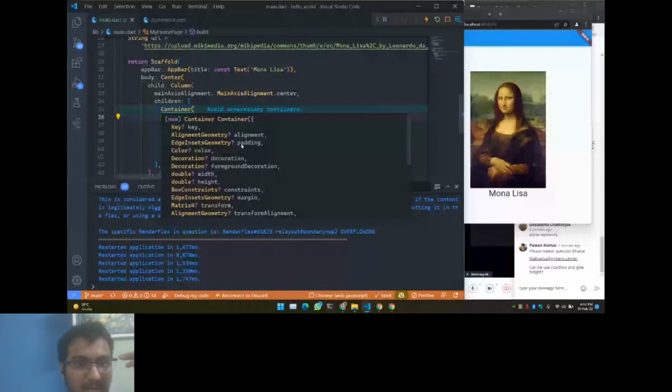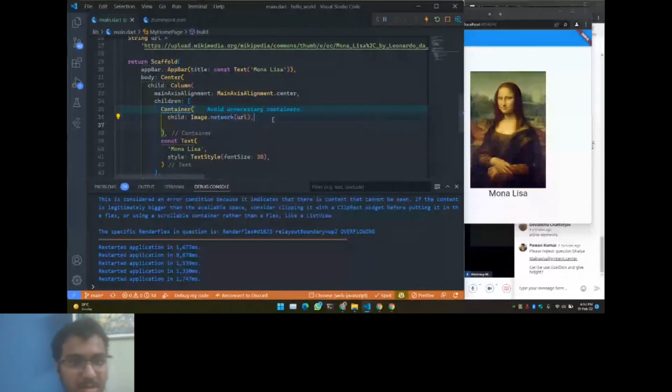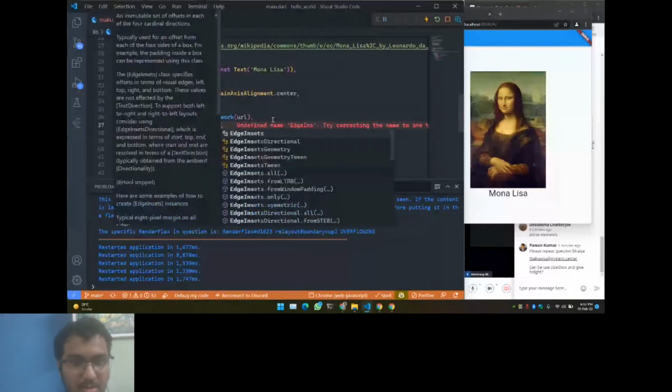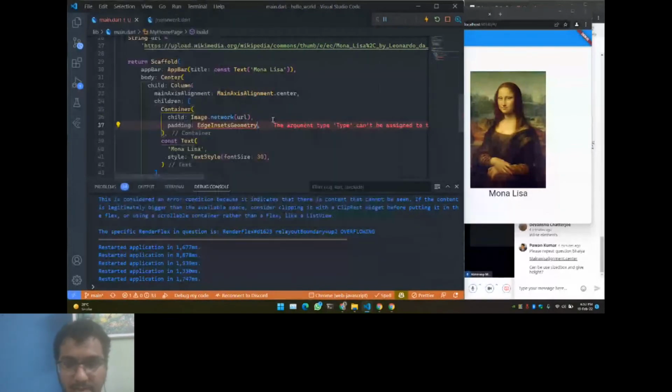So it has a type called EdgeInsetsGeometry. So let's define padding as EdgeInsetsGeometry. We want to add padding only in the bottom. So there is a function called only, which has